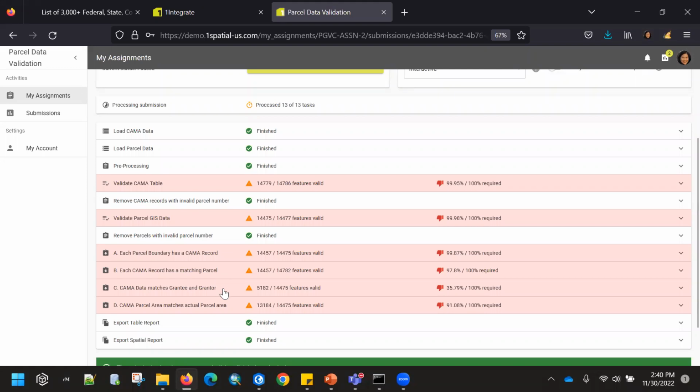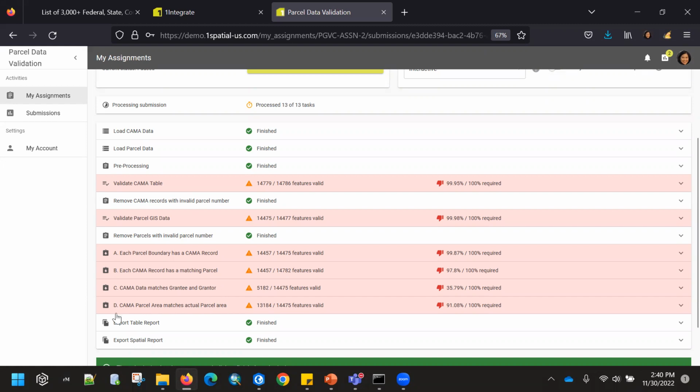And ideally also, because this is parcel data, we want each and every single attribute, each and every single piece of information in there to actually match up. So just as an example, we are saying that on the camera side where we have the same parcel number, do our grantee and grantor names match up?